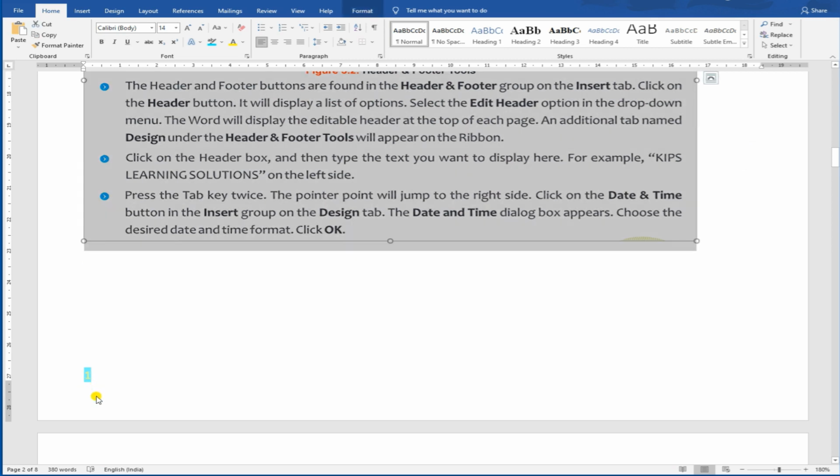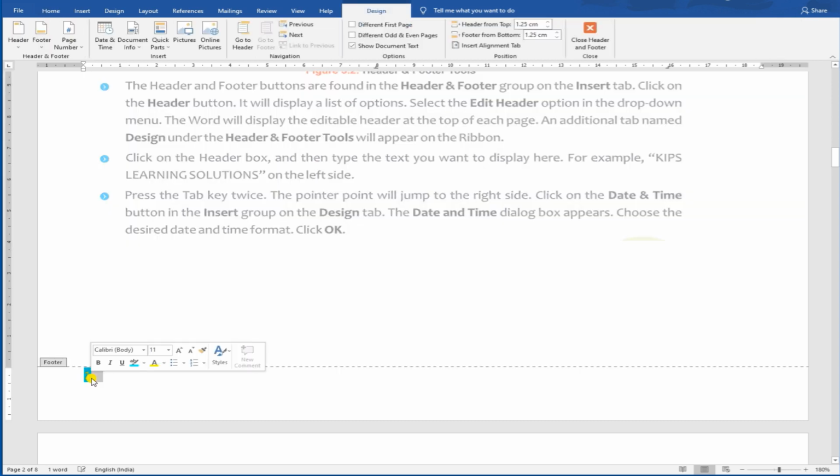What I want is that for page number 2 it will reflect 2, for page 3 it will change to 3, for 4 it will change to 4, but this is not coming out properly using the footer option. So I cannot do it here in the footer.